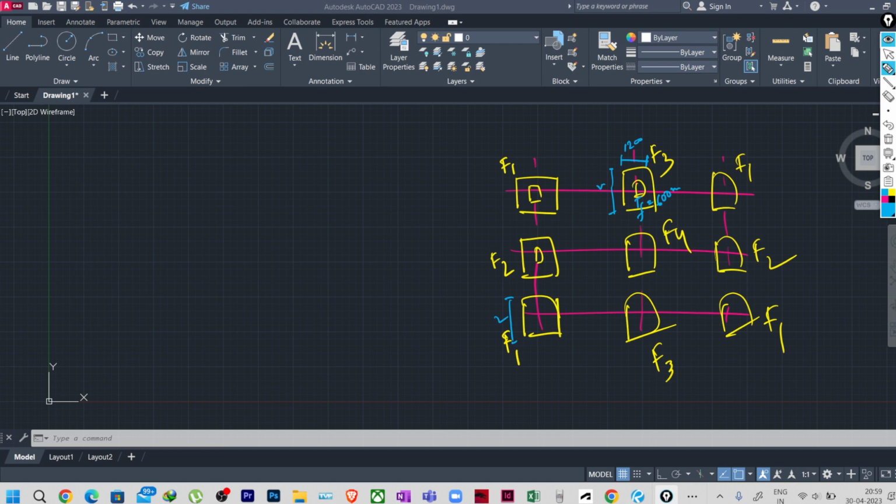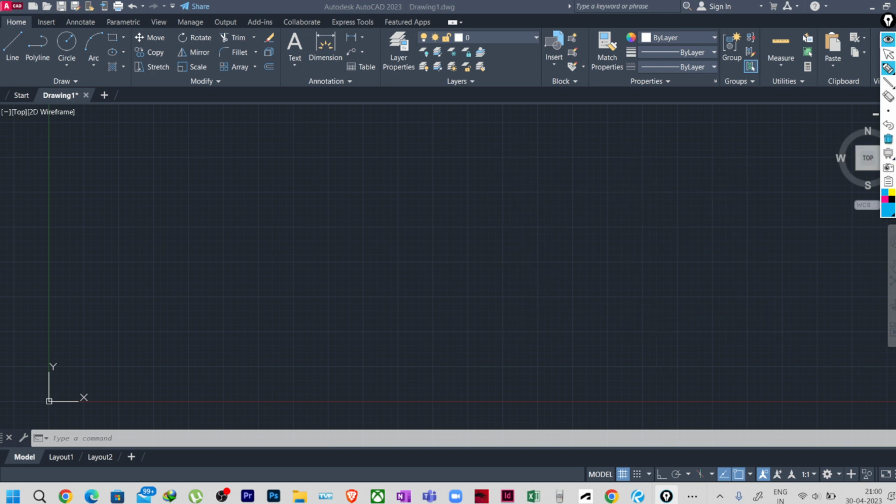So this is about the foundation layout. Okay, so this layout I'm not going to show you because this is a very simple thing, just have to make the boxes. What I'm going to show is, suppose you are going to give details of all these foundations, right? Obviously you're not going to make cross-sectional details for each of these foundations. There is a very easy process to provide the details so that the people on the site also understand very easily. So what we will do, we will use a typical detail, and we will use the data provided here in the typical detail, so that we can easily give the details to the site. Okay, so now what I will do,